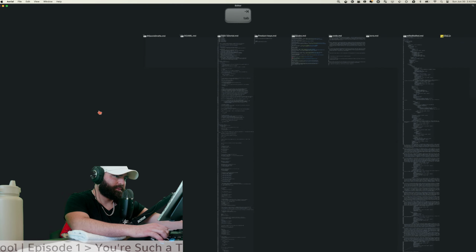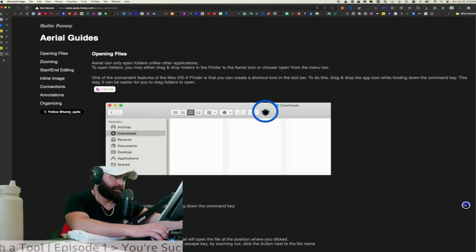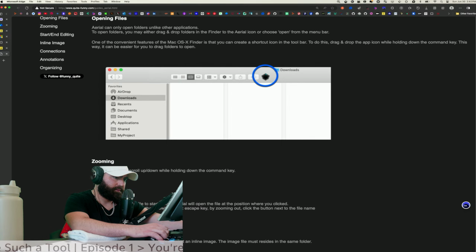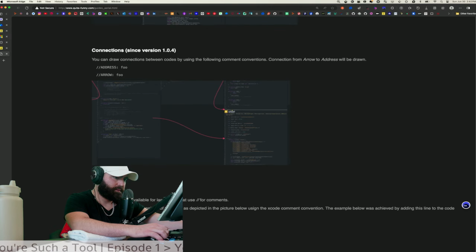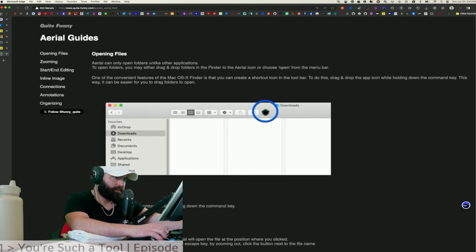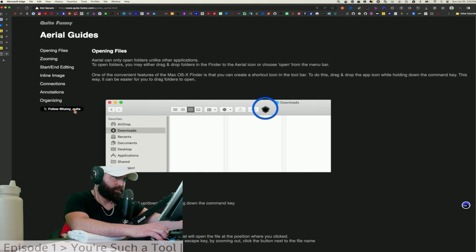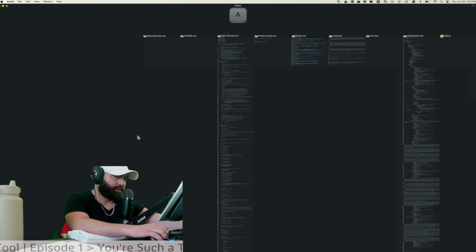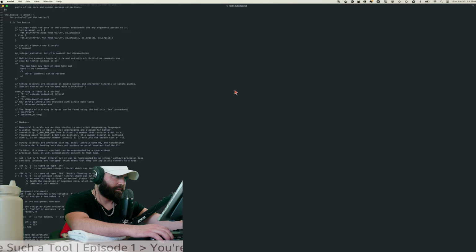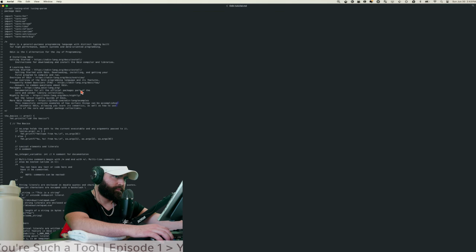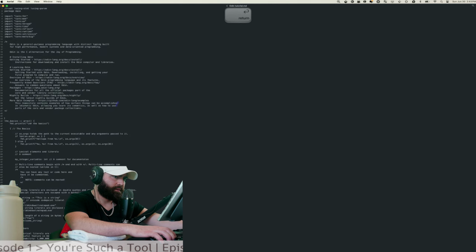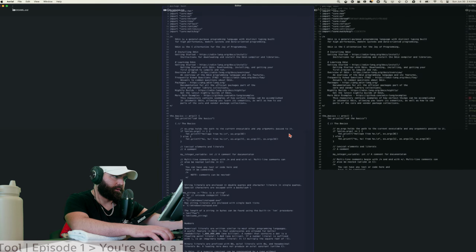Wait, but how am I supposed to? Surely. Inline image. Weird. Okay, so let's try this. Okay, I click in here, and then escape key to get out.